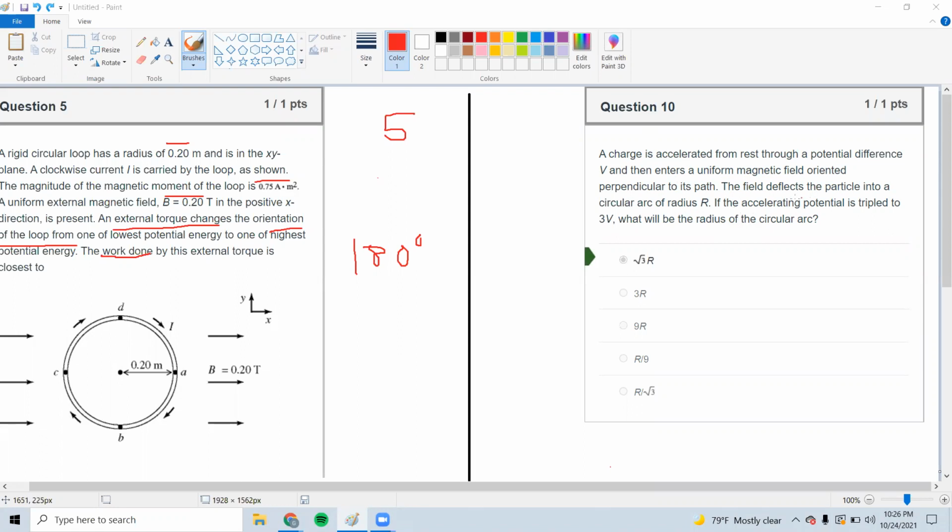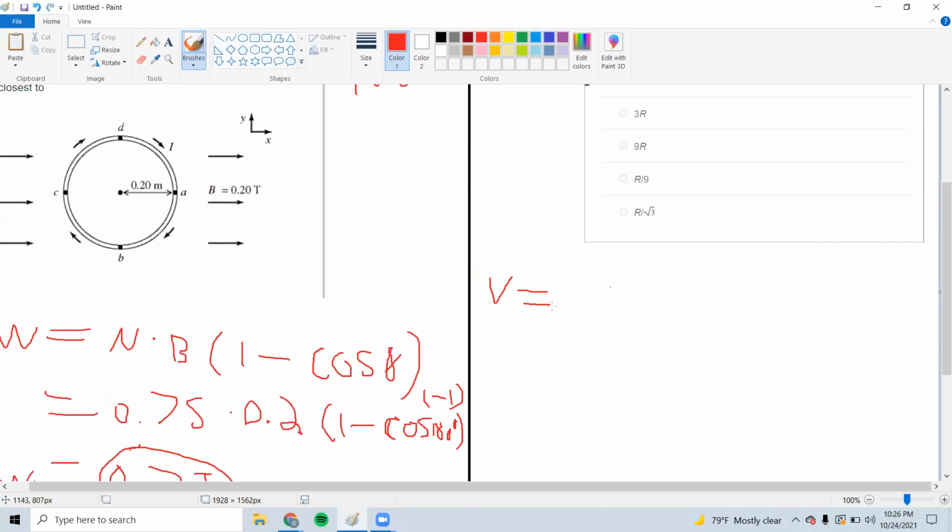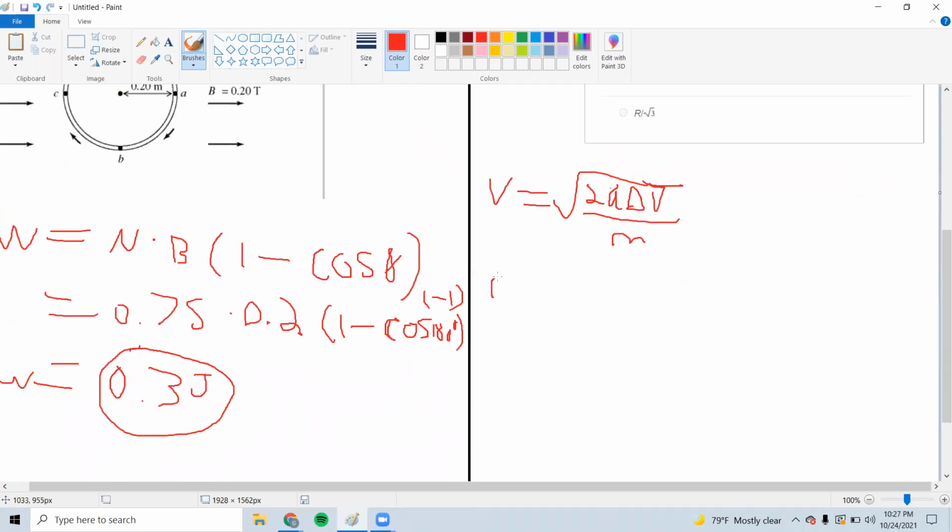So all that this is asking is if we triple the accelerating potential value, then what will happen to the radius r? So first we need to consider that v in this scenario is equal to the square root of 2Q times delta V divided by M. So in a regular scenario, r is equal to MV divided by QB,